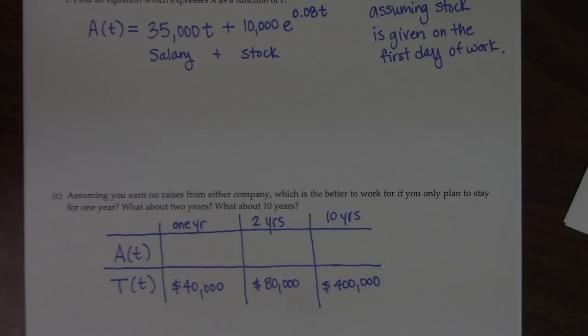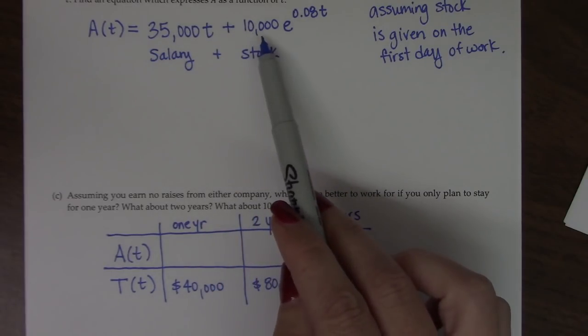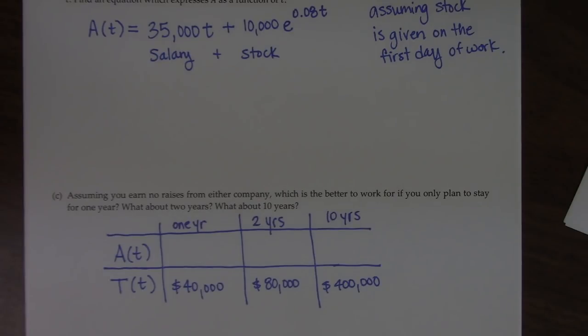That's just kind of the general rule for this. So after 1 year, we're going to have $35,000 plus the $10,000 plus whatever interest it has earned at that time. So when we plug 1 into that function,